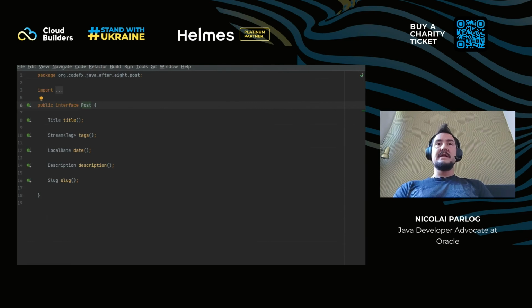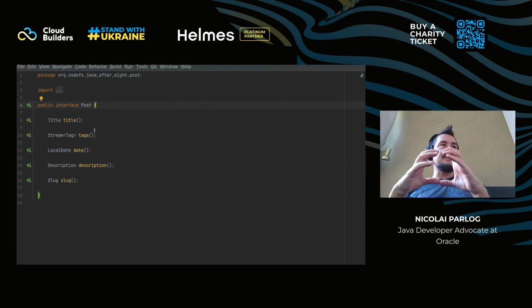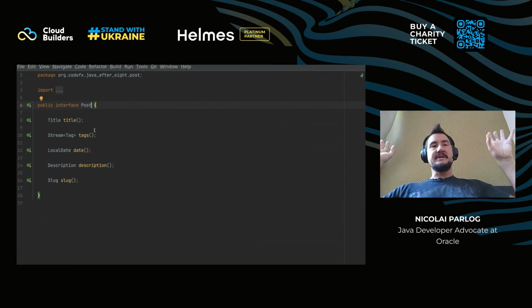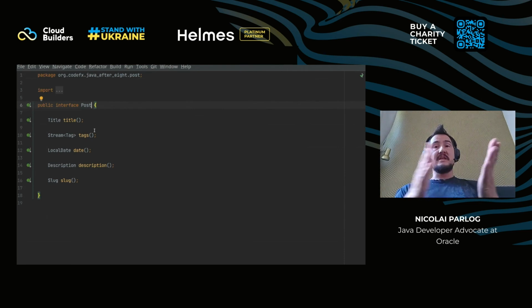Now let's go to Java 17, and let's do something that might not seem terribly meaningful yet. This post is something that is core to my domain model. And as is often the case when something's that core, you cannot actually have all the possible implementations, right? You actually know how many implementations you're going to have. This thing that I wrote here deals with articles, videos, and talks, and it cannot really very well deal with something else. You cannot just throw an additional implementation of a post and expect it to just work, right? There are different places in this code base that assume that these are the three implementations,